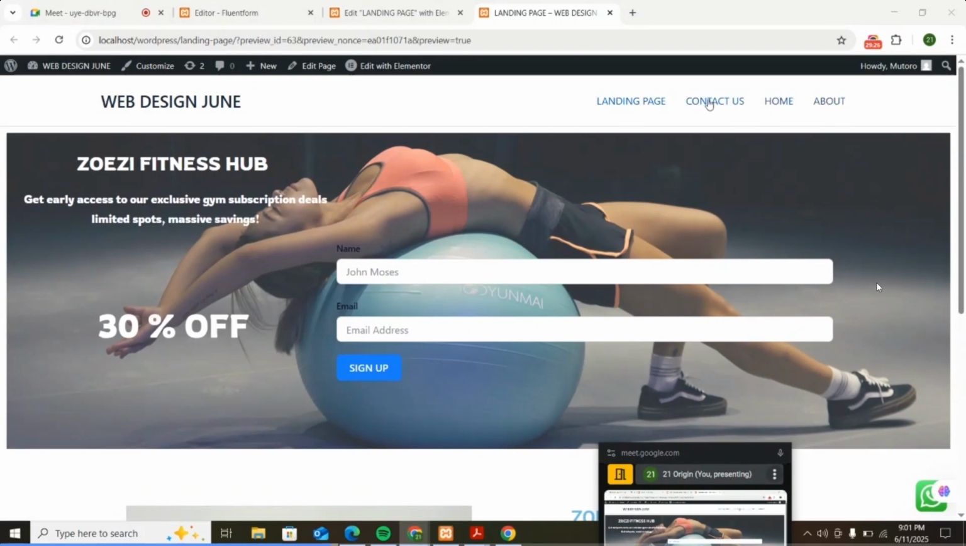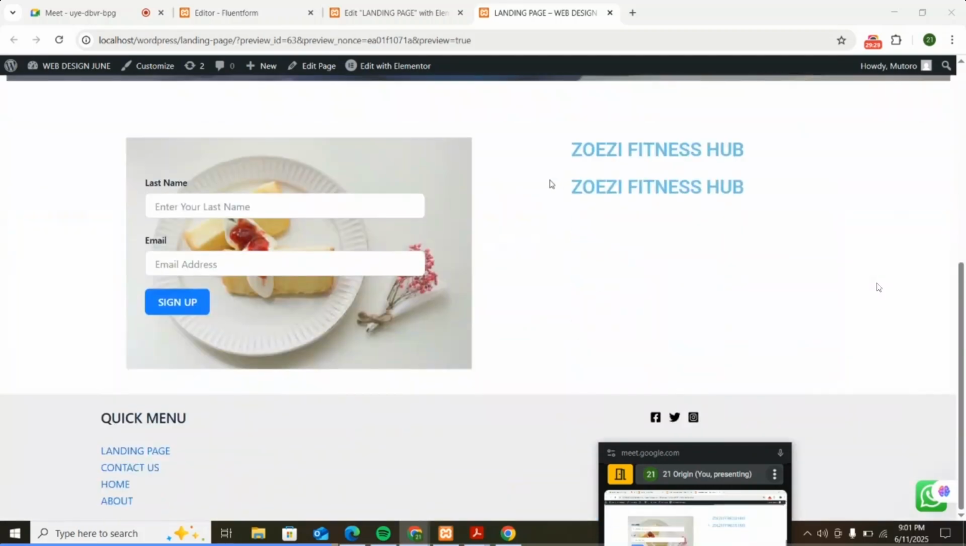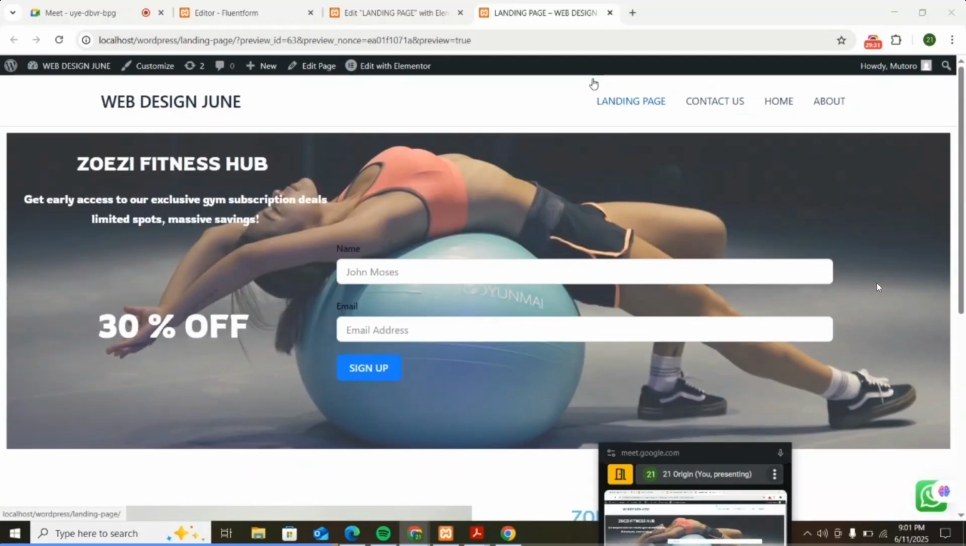Okay. Haya, so we've been talking about pages. Tumepiga udaku mingi sana about pages, ndio, from the home page, contact us page, landing page, hivyo hivyo. Now another thing